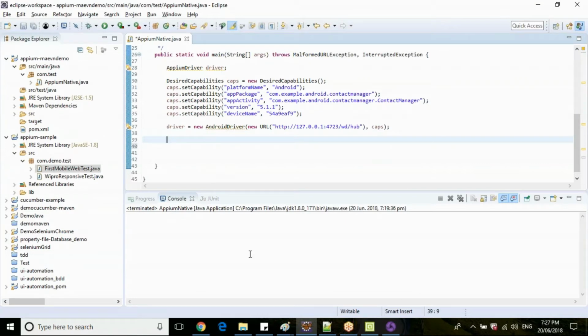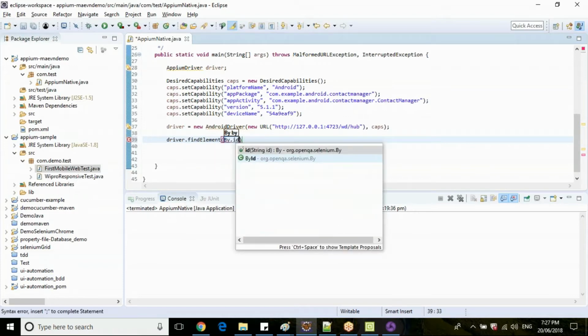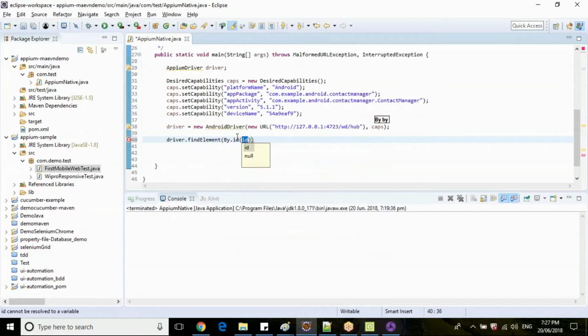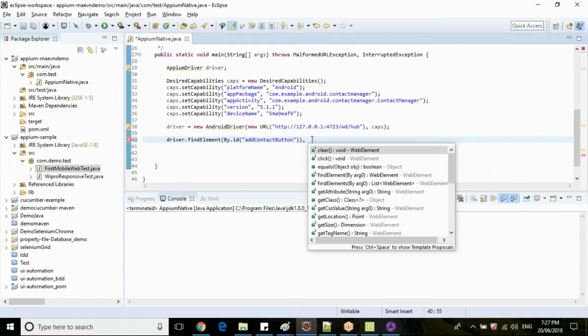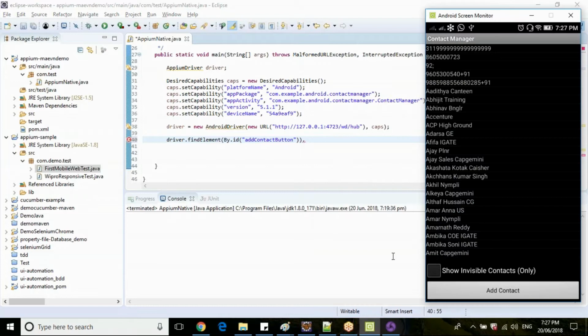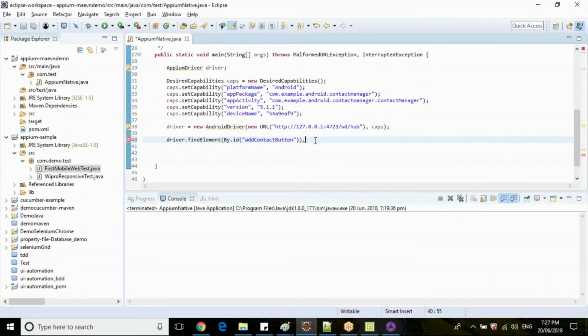Whatever you are using in your Selenium or mobile web, the same APIs you can use, like driver.findElement by.id. Either you can write By.id like this, or you have a direct method to identify your ID. What is the operation that we need to do on this particular button? It's a click operation.